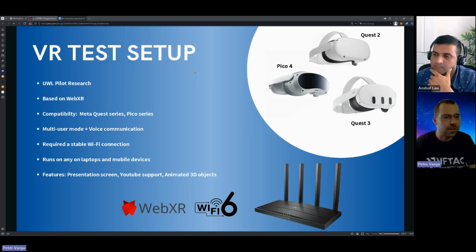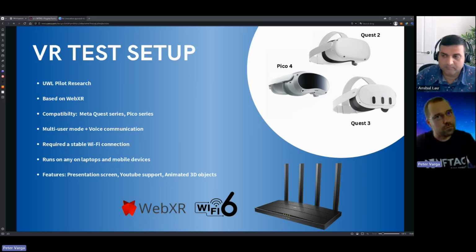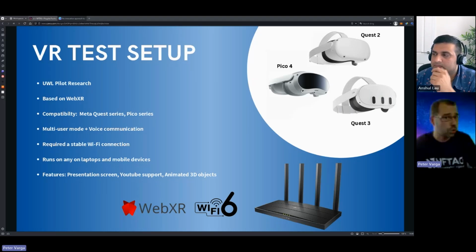I wouldn't want to go deeply into WebXR because it's more about the development side. What I try to explain is that the minimum requirement to run the platform is a VR headset like the Quest 3, 150 megabits per second of Wi-Fi connection, and low latency. When we communicate with each other by voice, I implemented a Zoom API into VR, so students can communicate by voice and also collaborate visually, like in the physical world.